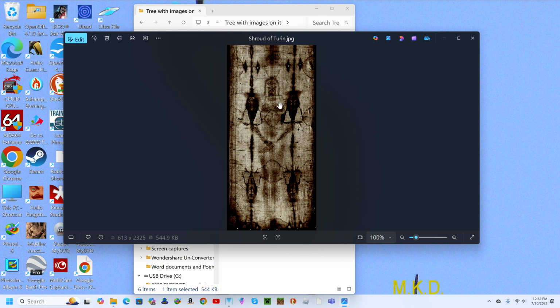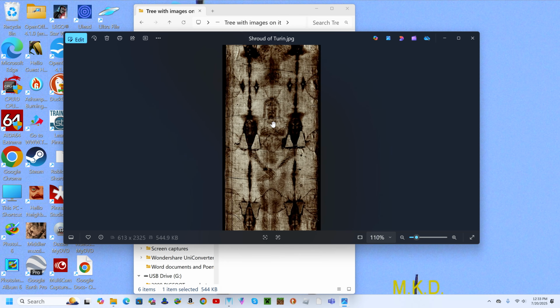An individual was wrapped in cloth, and when they took the cloth off, his image was on the cloth through some form of radiant energy, whether it was light or radioactivity or something, that had burned the image into the cloth.